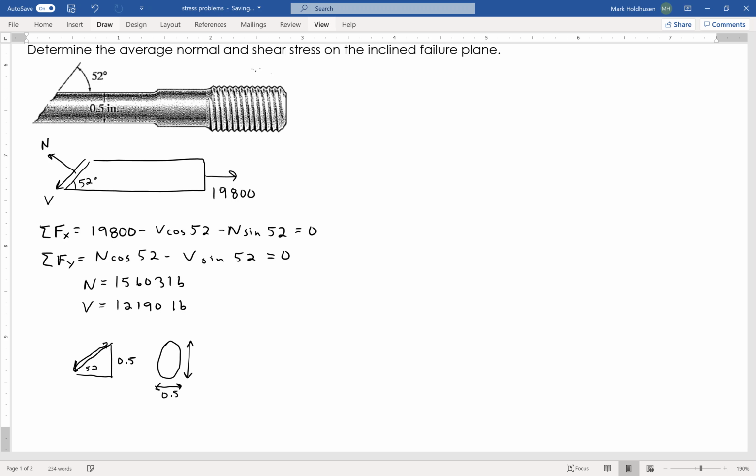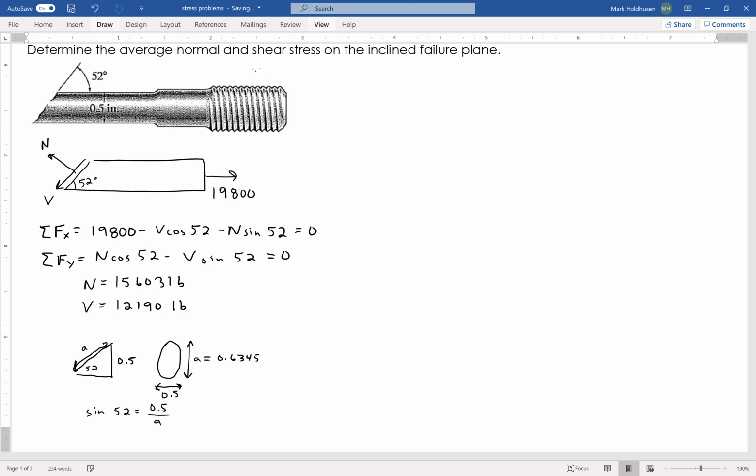If I call that A, then the sine of 52 becomes 0.5 over A, which tells me that A equals